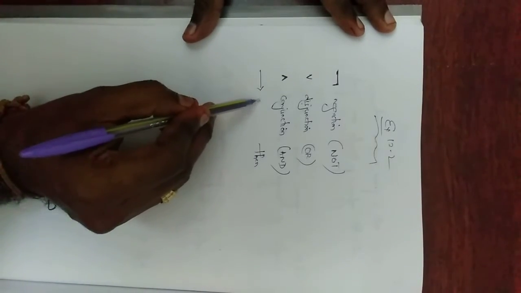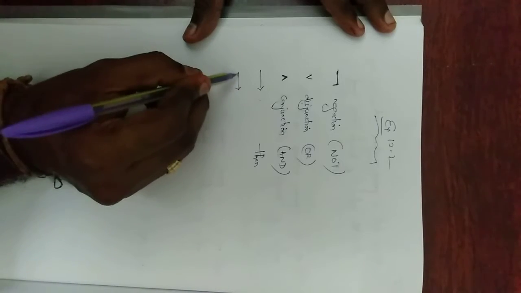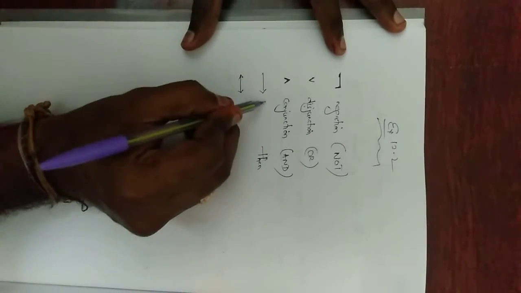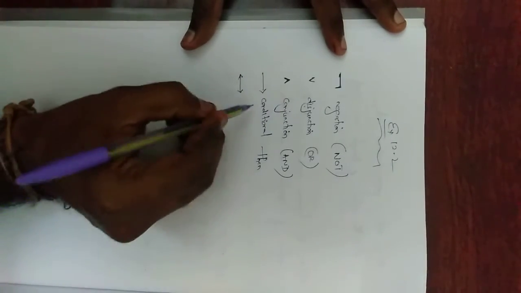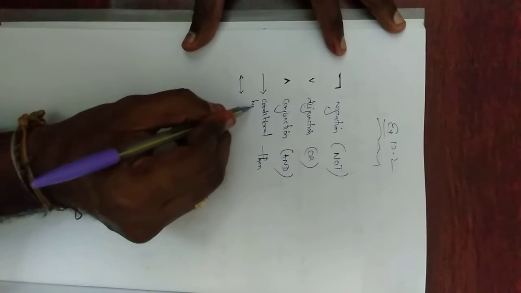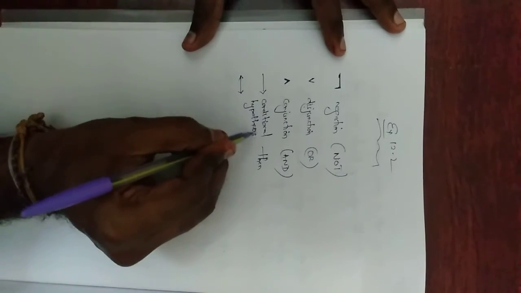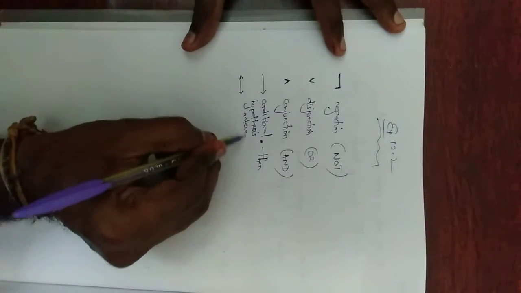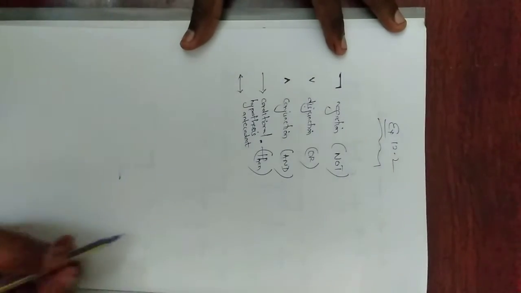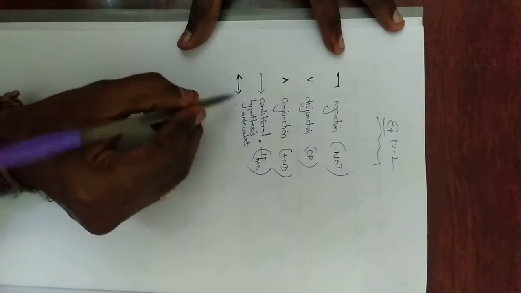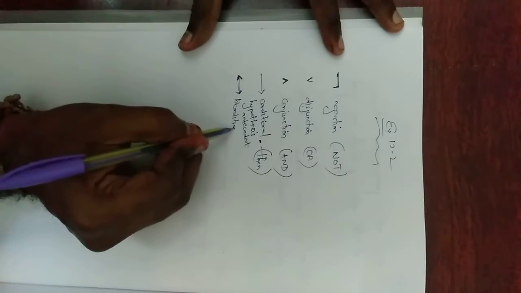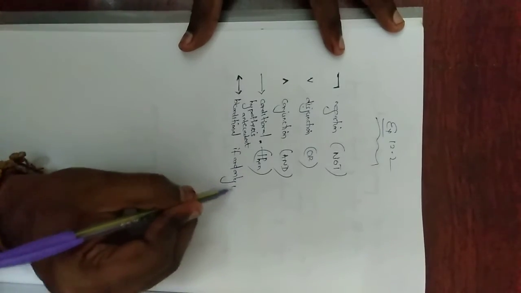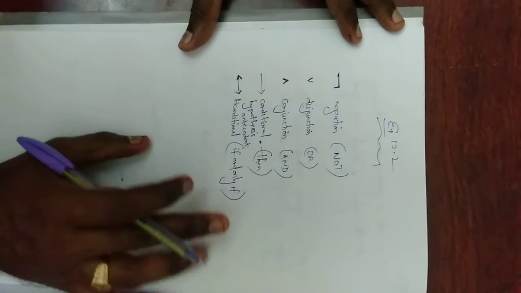This is called the conditional statement. This is called conditional. This both-sided arrow is called biconditional. Sometimes another name for the conditional is hypothesis, and another name is antecedent. These we are going to use as then. The double arrow is called biconditional. It is nothing but if and only if. This you want to know very well.